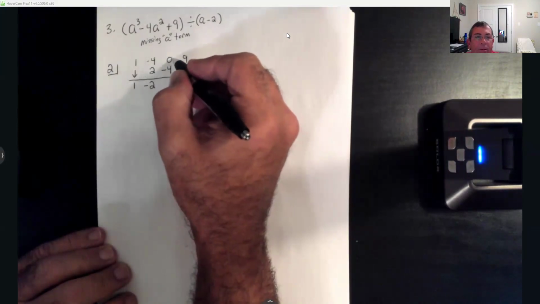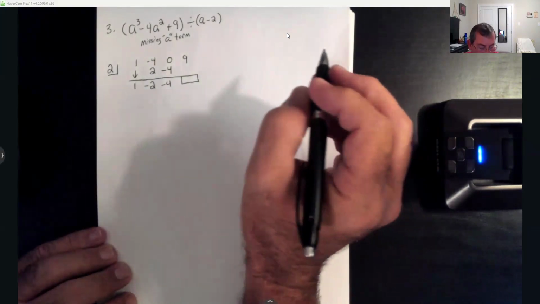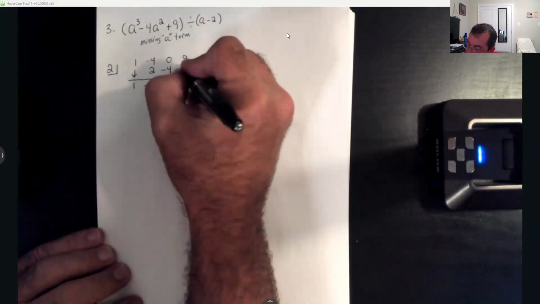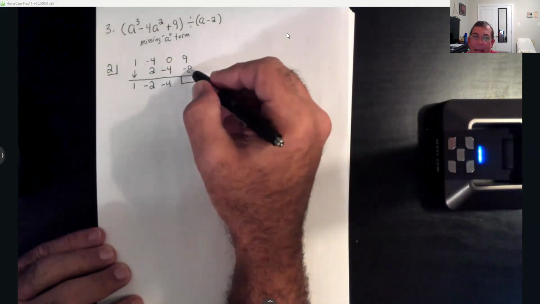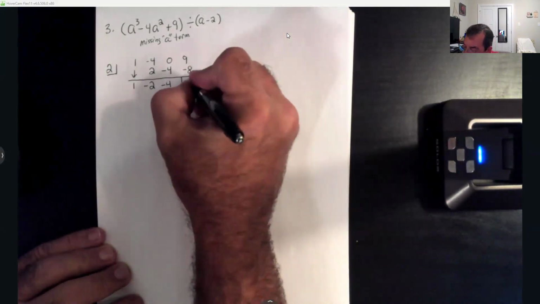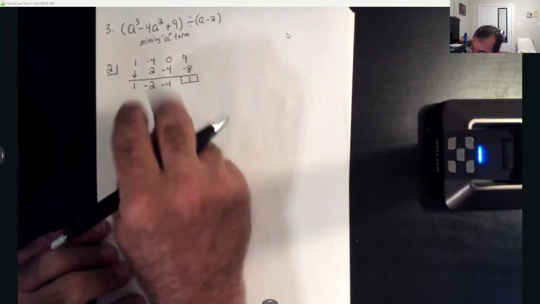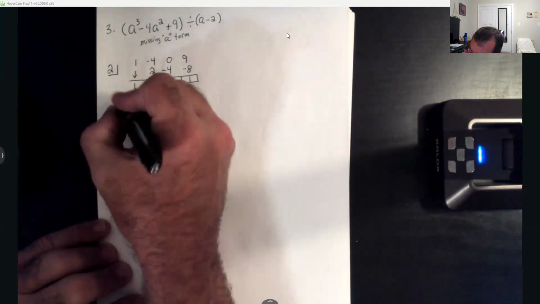Add this column now, 0 and -4. Give me -4. And then finally, -4 times 2 is -8. 9 and -8 give me a +1. So I could write this, remember, 1 degree less, that's an A3, so this will be 1A squared